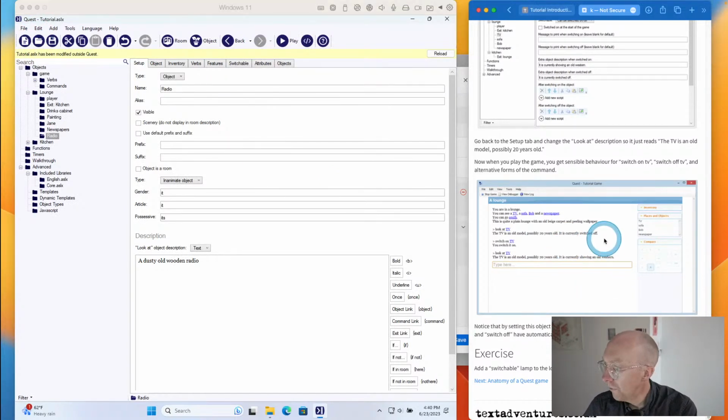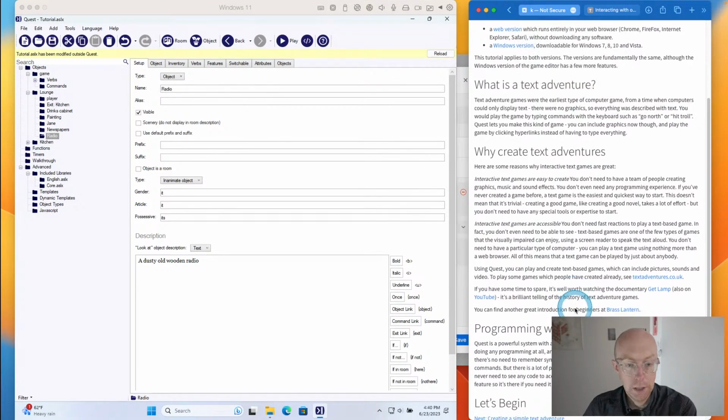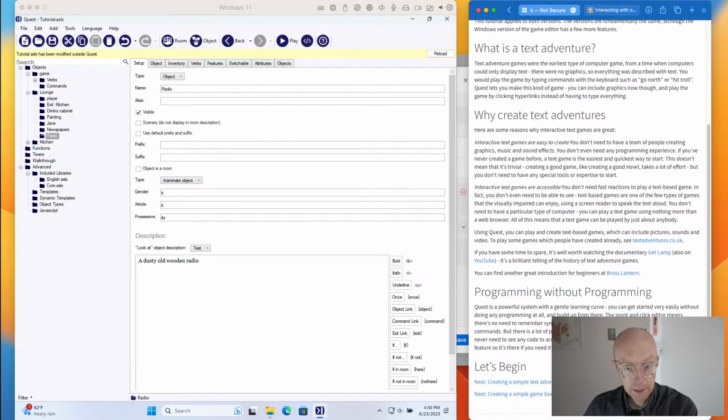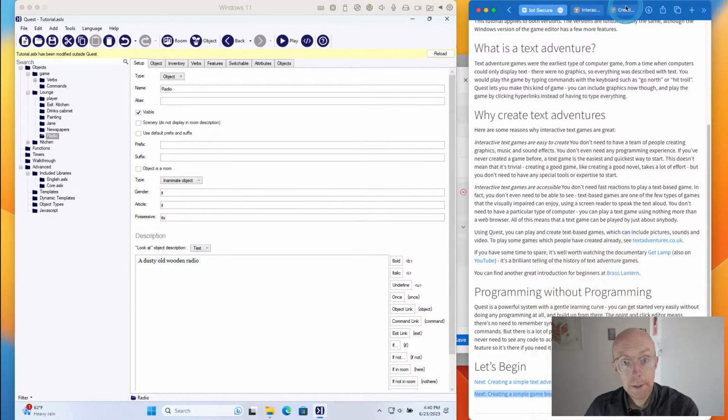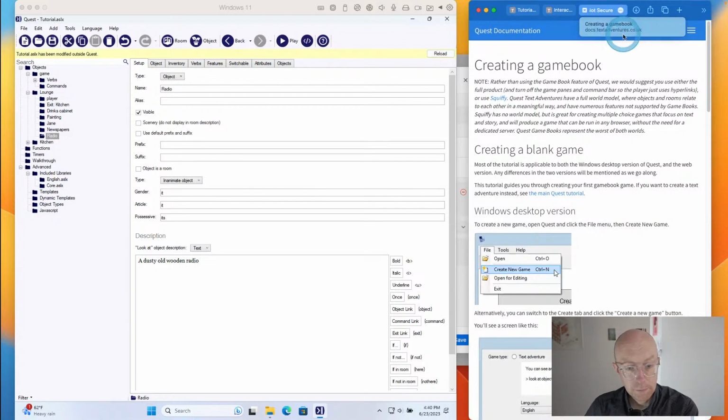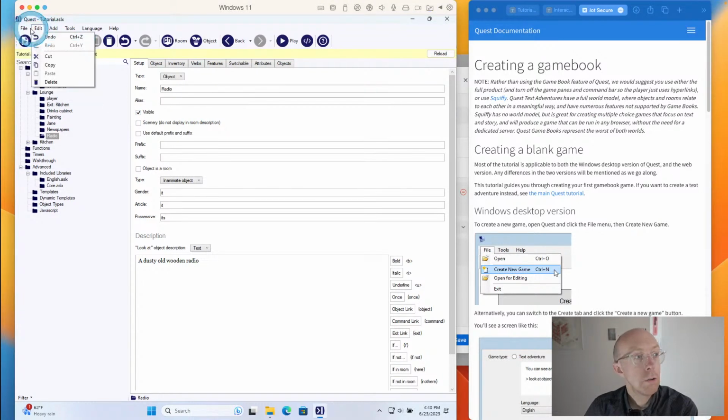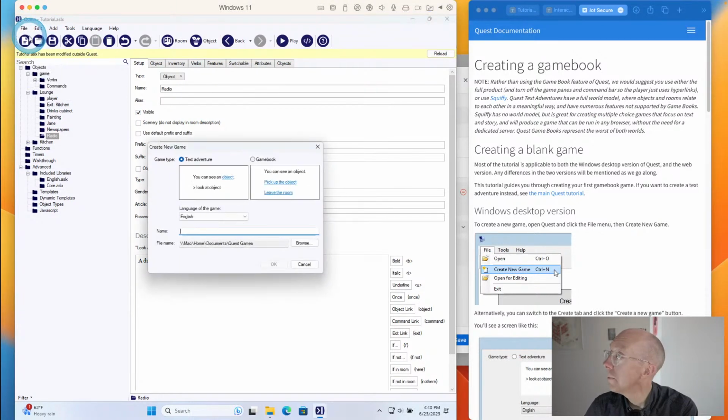All right. Before we go too deep here, I would like to quickly try the simple game book just to see how different it is. I'm not sure if it will be much different. Let's save that. I may mess around with that later. Create a new game. Let's go for a game book. I will call it